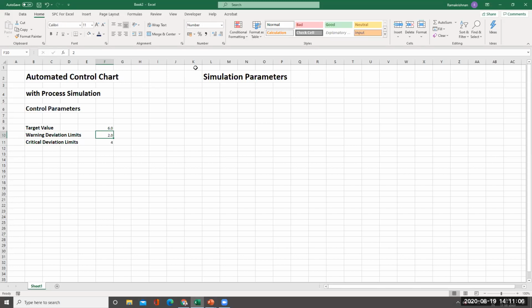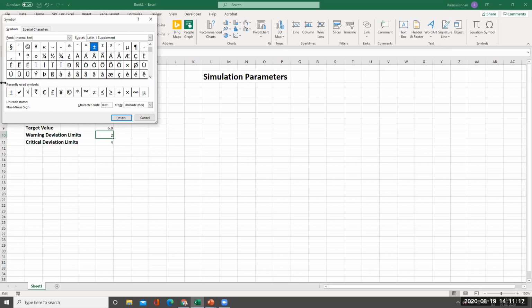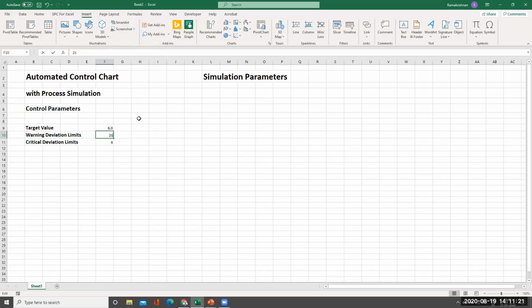So what I will do is I'll just make this format number. I'll have to have this. I will insert this symbol first. I will insert the symbol plus or minus. Plus or minus symbol is here, ready for me. So I'll close it. I'll select this symbol, Control X. Then I will select the same cell, number format.